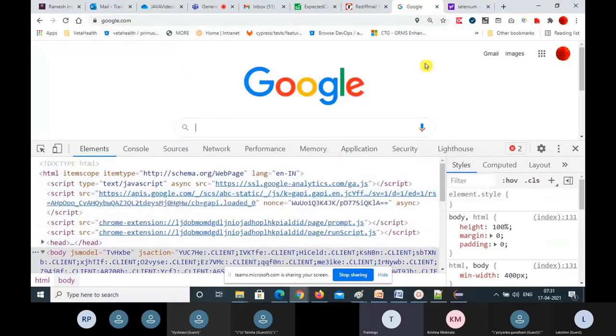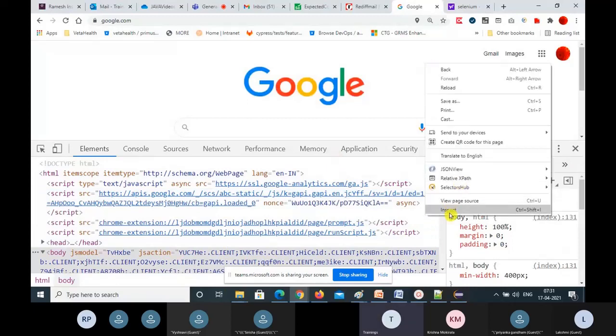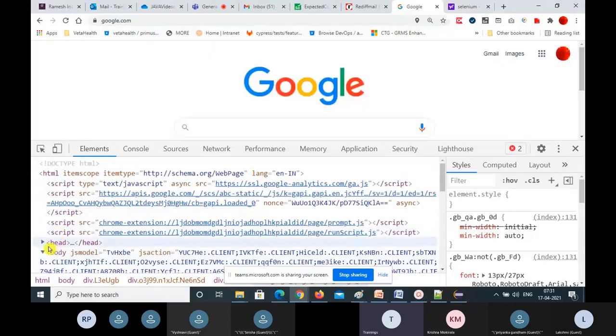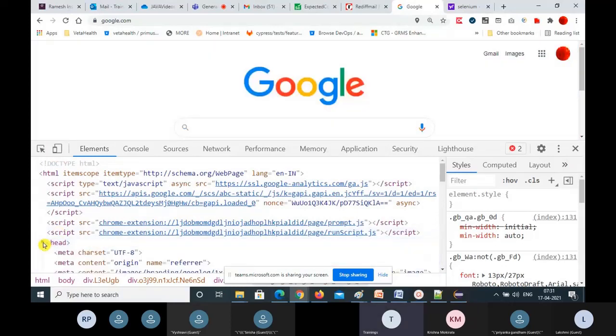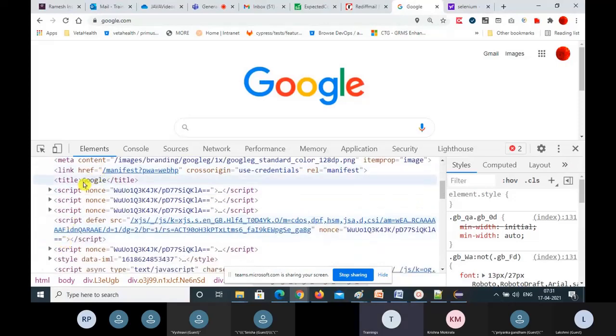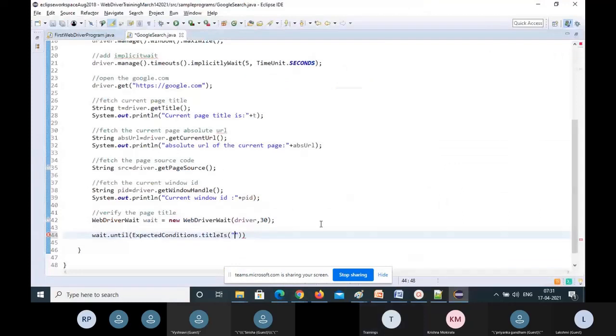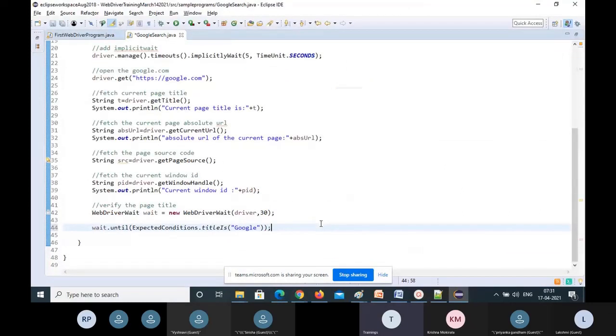Just right click anywhere and inspect. Go to the head tag, expand the head tag, then you can see the title tag. Just copy this and give it here. That's it. This line will wait and verify whether the Google title is there or not for this URL. That's what it is going to do.